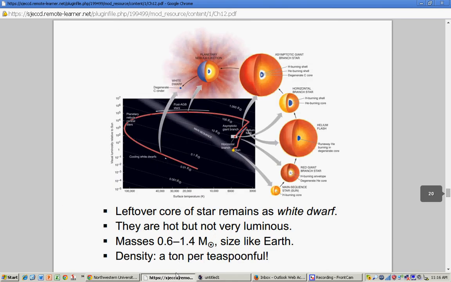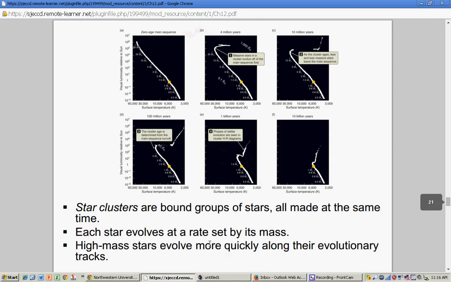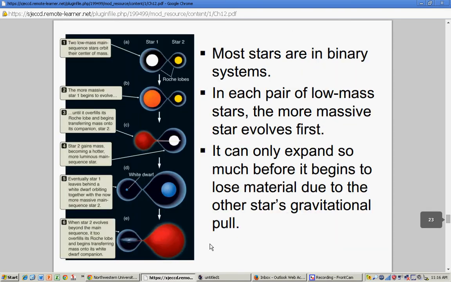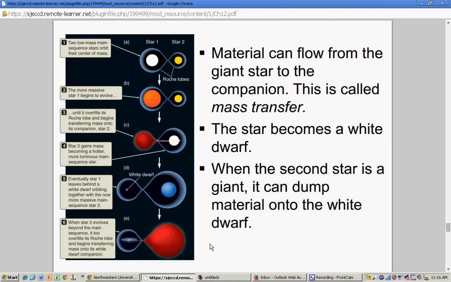Now, the mass of a white dwarf can't be larger than 1.4 solar mass. It's called the Chandrasekhar limit. Chandrasekhar was an Indian astronomer who calculated that, and he got a Nobel Prize for that. Because if the mass goes above 1.4 solar mass, the star explodes. The entire energy, 1.4, is converted into luminous energy.